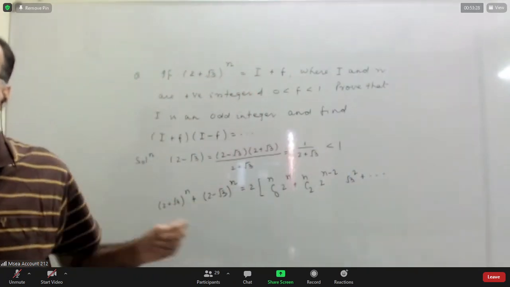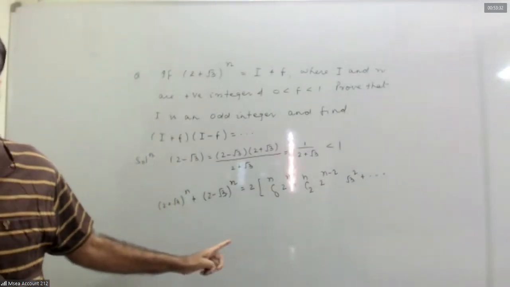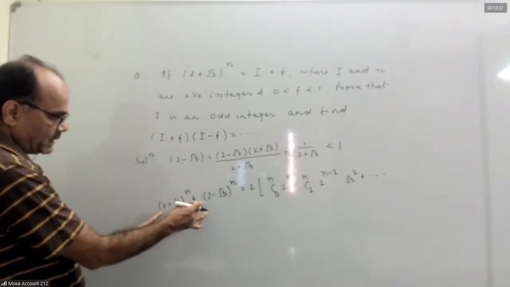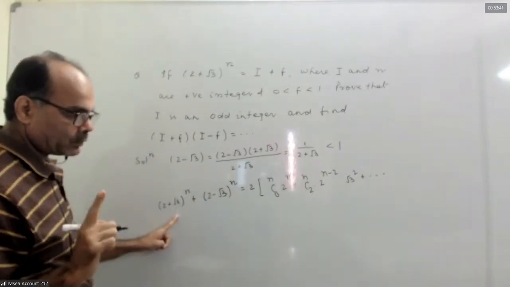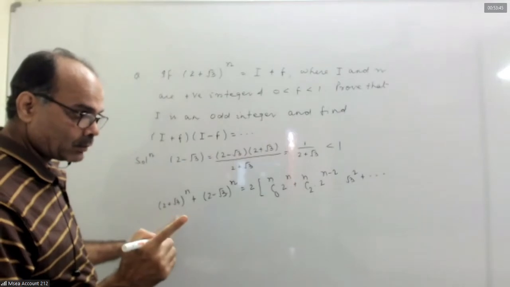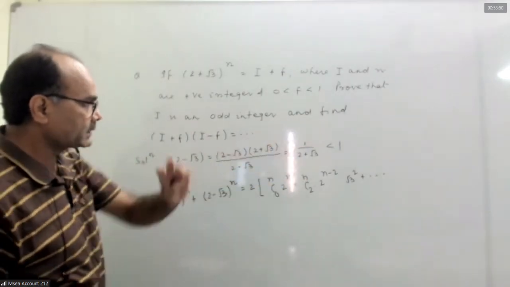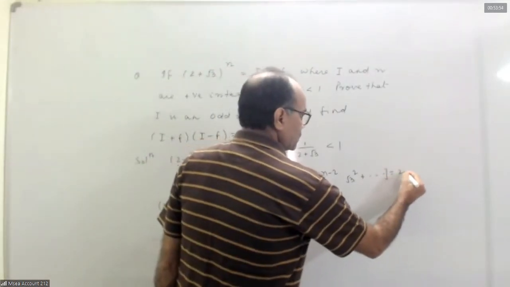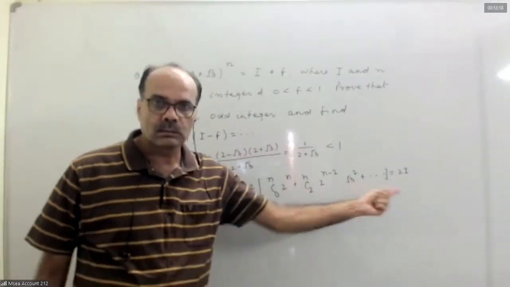So, understood this step? Okay, here we don't want an irrational term, so we'll put a plus sign. The first term will be added, and the second term will get cancelled because in the second term it is root 3 to the power 1, in the first term root 3 to the power 0, in the third term root 3 to the power 2. Like that. So this is 2I. All the terms are integers.